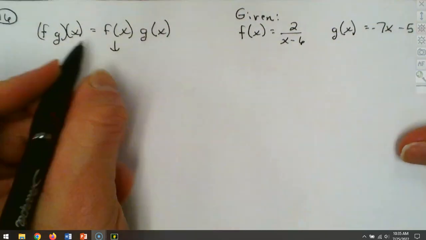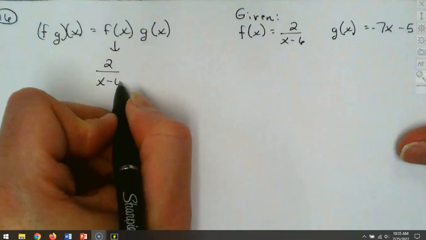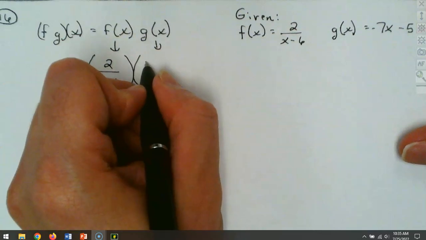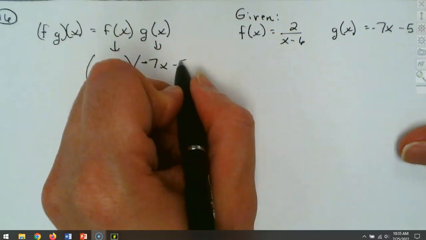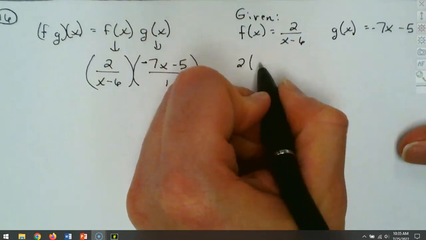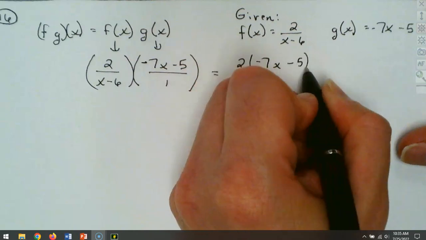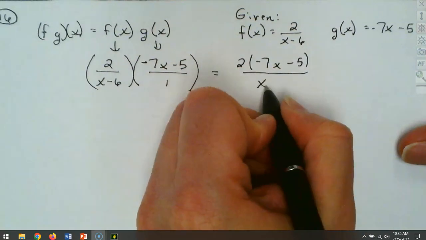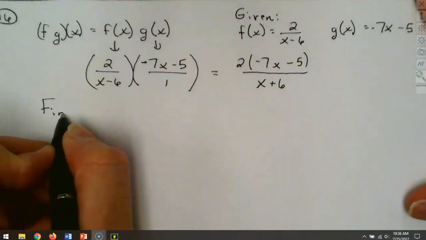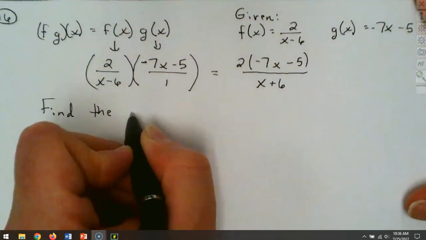So f of x is 2 over x minus 6. G of x is right here, and it's a minus 7x minus 5, and that's going to be over 1. We put those together, and you can just leave the 2 out in front. Now, do not overcomplicate this question. We do not have to break it up anymore. We do not have to do anything else. All we have to do is find the